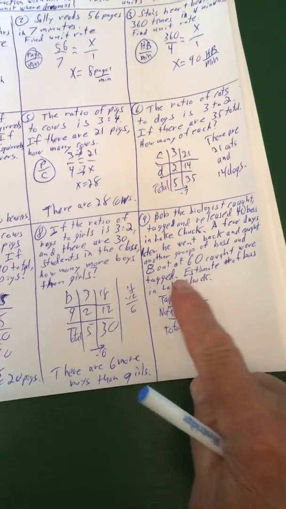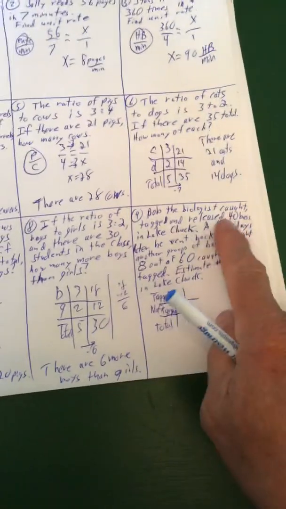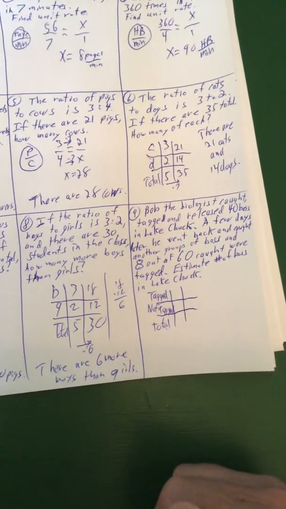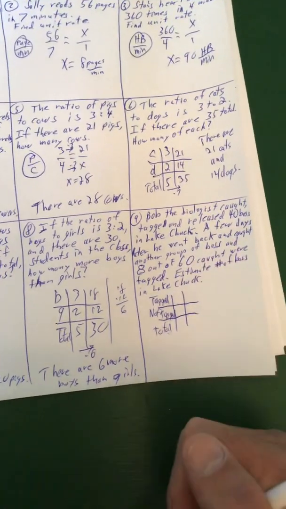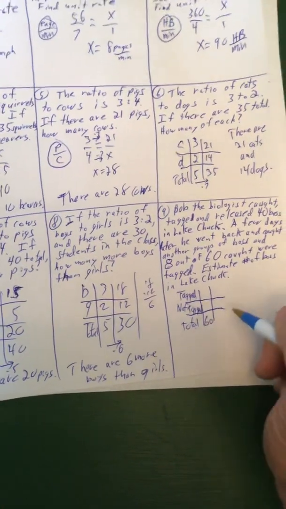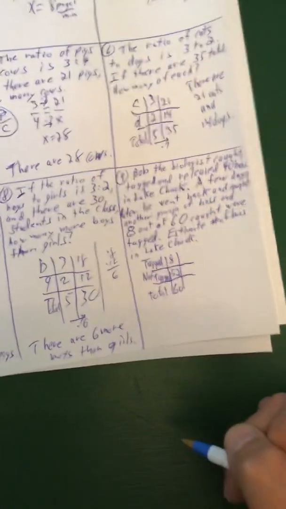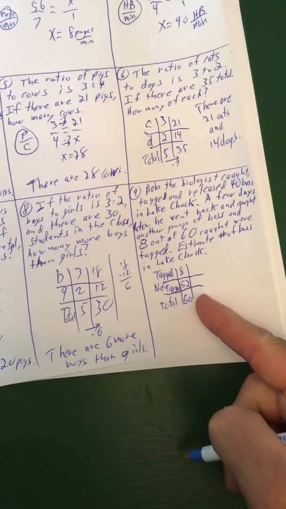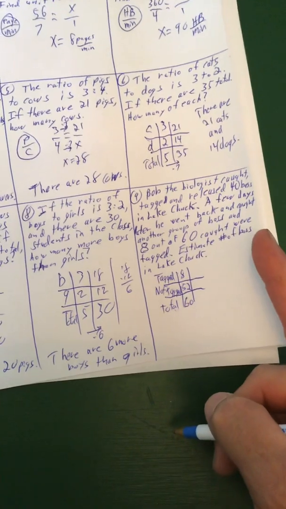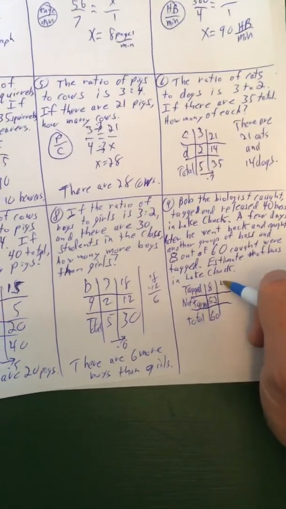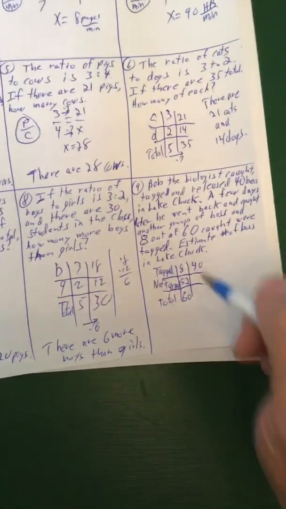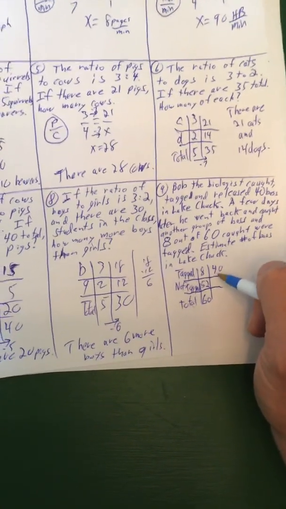And here, one more thing. I would do this first. Save this one for last. Do the second day first. So you have a total of 60 were caught, 8 were tagged. Well, that must mean 52 weren't tagged out of those 60 that were caught the second day. Now the first day he caught 40 and tagged them all. So there's 40 tagged in the lake,